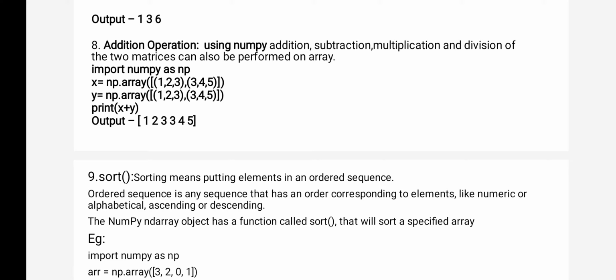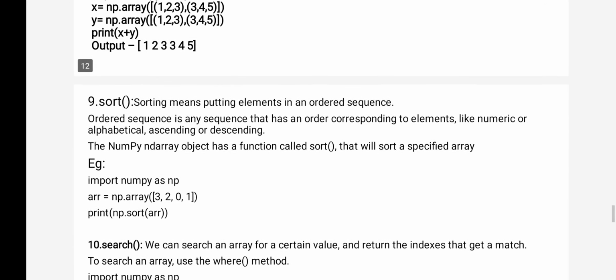Now, see, when you add these, here I think the output is wrong. Once you calculate, you will get 2, 4, 6 and 6, 8, 10. If your number of rows and number of columns are the same, then you will easily get it. So, you add x plus y. 1 plus 1, 2, 2 plus 2, 4, 3 plus 3, 6. Again 3 plus 3, 6, 4 plus 4, 8, 5 plus 5, 10. Actually your output is printed wrong. At the time of practicing in the system, I will explain this addition operation again.